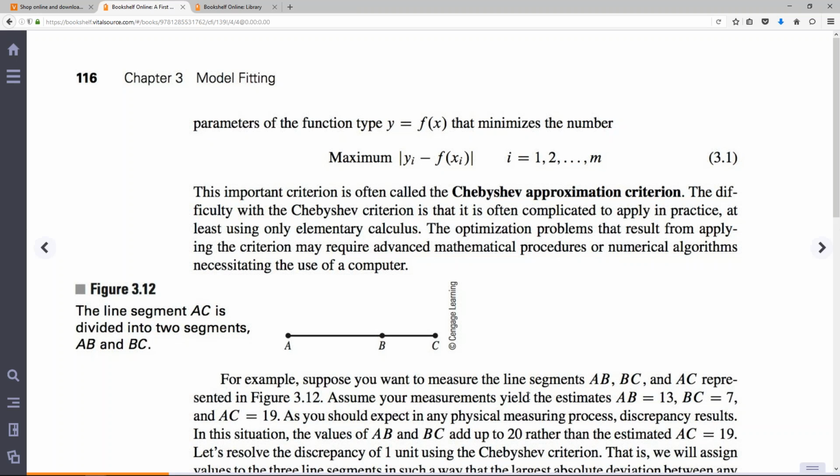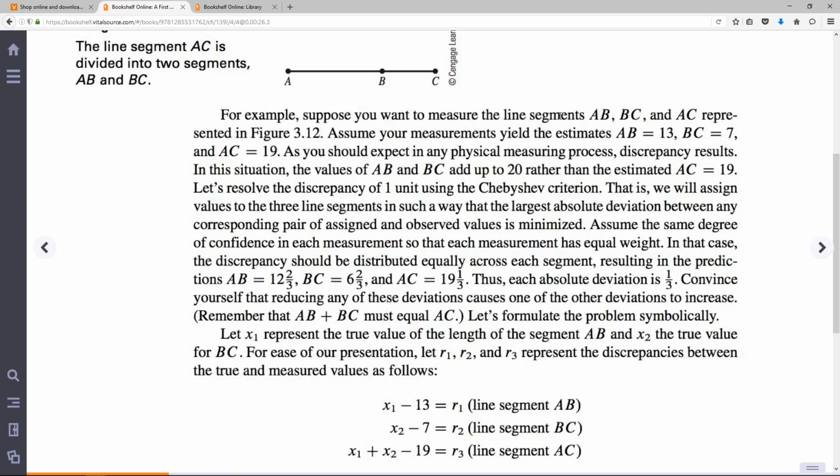And then, for example, suppose you want to measure the line segments AB, BC, and AC represented in the above figure, and assume that the measurement yields the estimates AB is 13, BC is 7, AC is 19. So apparently AB plus BC equals 20, but your AC is really 19. So you know there is some sort of